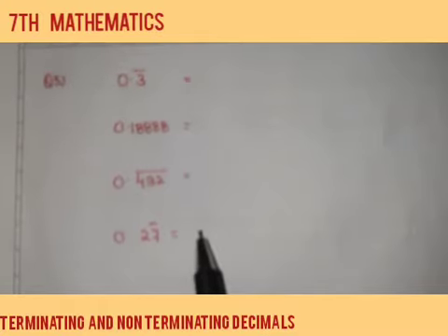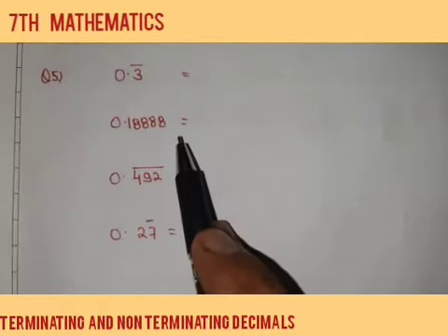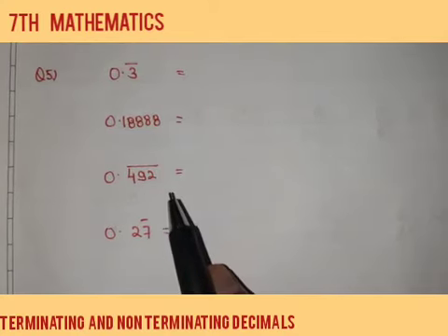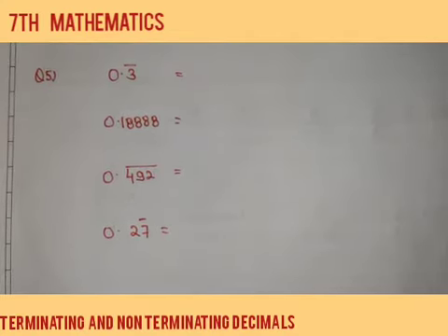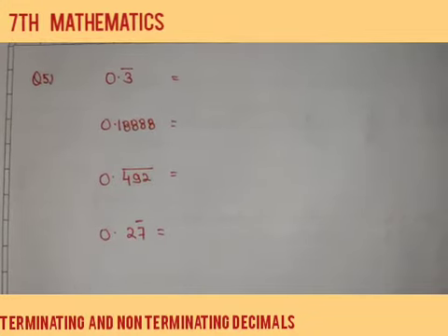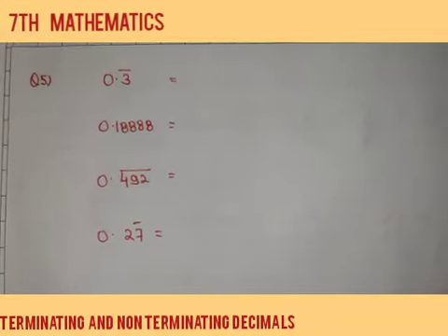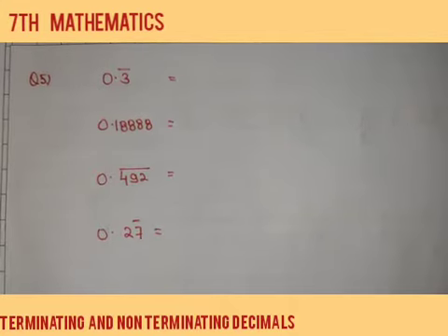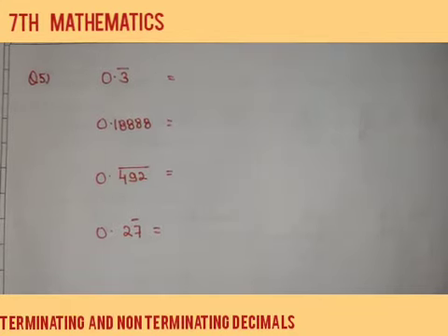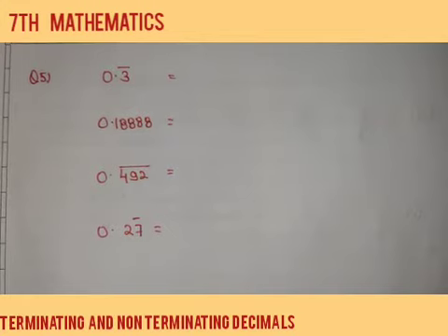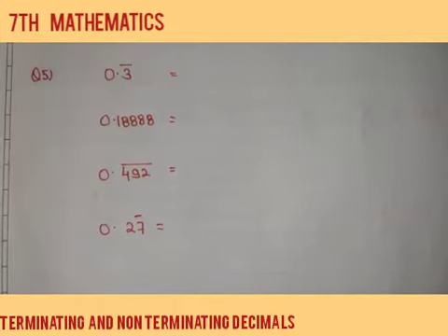Now our next question is, we have to state whether the following are pure recurring or mixed recurring decimals. We have just seen the definition that a decimal in which all digits after the decimal point are repeated is known as pure recurring, whereas a decimal in which at least one digit after the decimal point is not repeated, besides having some repeated digits, is known as mixed recurring. That means after the decimal, if the number just next to the decimal is not getting repeated, but after that the other digits are getting repeated, these are known as mixed recurring decimals.